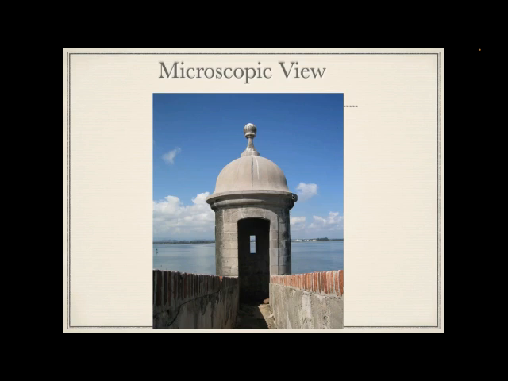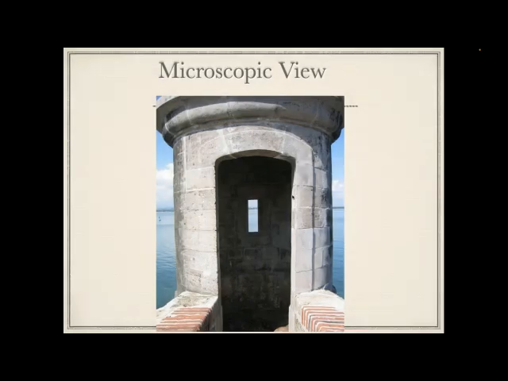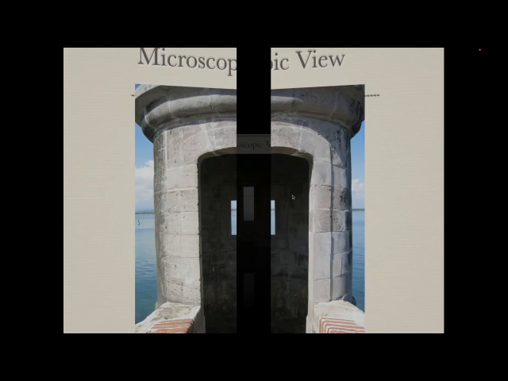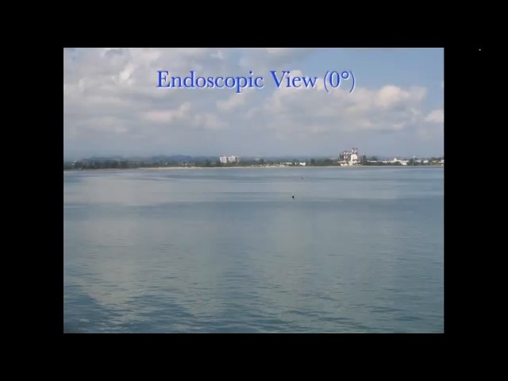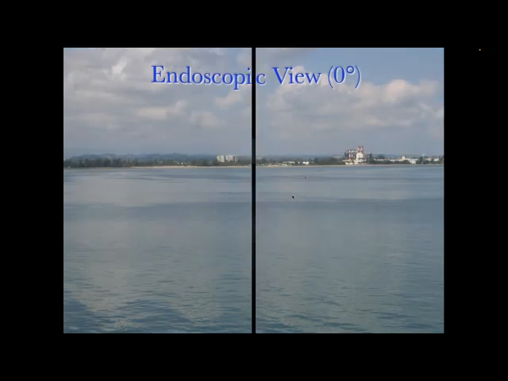Here's a view of a portico on a bay, and I can have a microscope that sits outside, and I have a nice three-dimensional view. I have binocular eyepieces. I can zoom in and get a very magnified view, but no matter what I do, the microscope has to be outside this surgical field. An endoscope has an advantage because it can be placed actually inside this surgical field to allow me to see and then potentially do things safely that I couldn't do with a microscope.